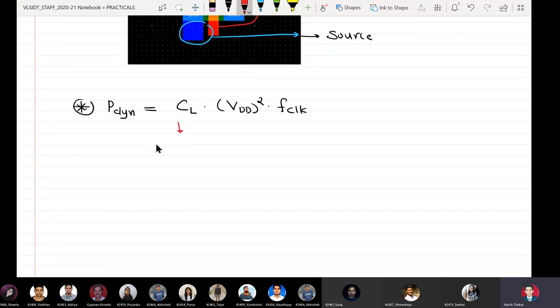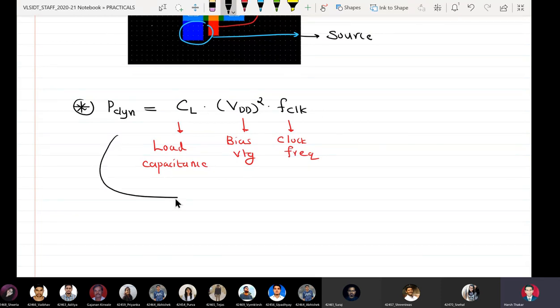Here CL is the load capacitance, VDD is the bias voltage, and FCLK is the clock frequency. We can clearly see the dynamic power dissipation is directly proportional to load capacitance, to the square of the supply voltage, and to FCLK. We have already seen the effect of halving and doubling the frequency. CL I'll show you next time.